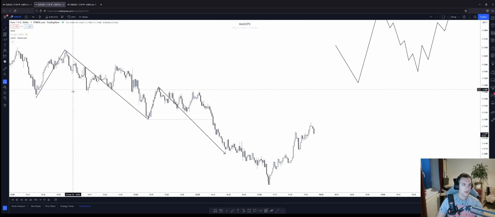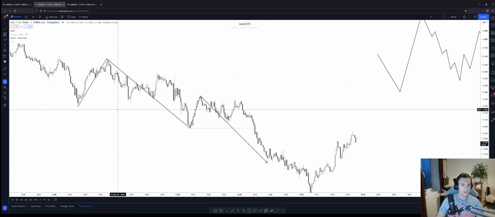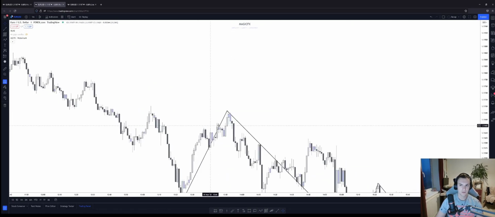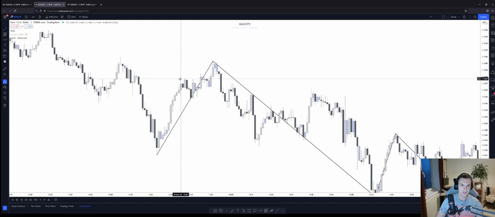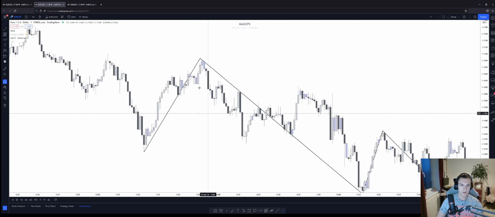At the top of this piece of swing structure, we've got a change of character, and you can see price comes down, comes up, comes down, comes up. This isn't swing structure, it's internal, it's substructure,